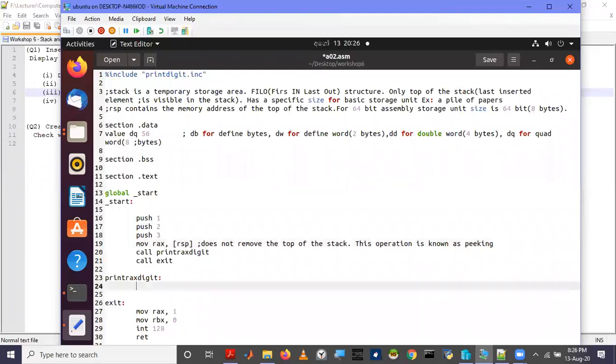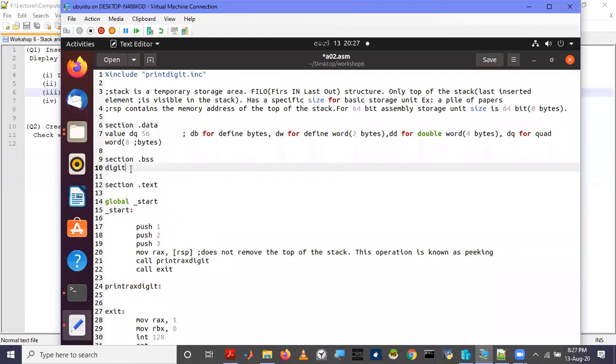In order to print it, we need to convert it into ASCII. So I'll also declare an uninitialized variable known as digit, digit reserve bytes 1.